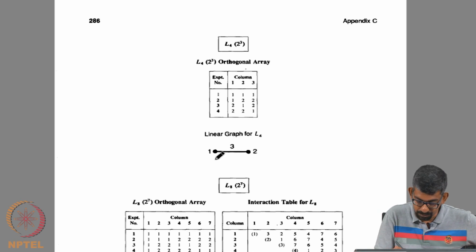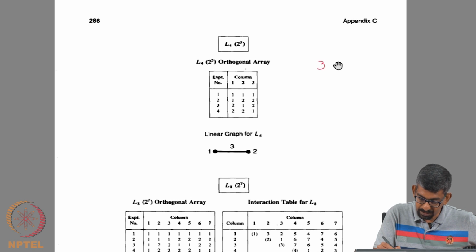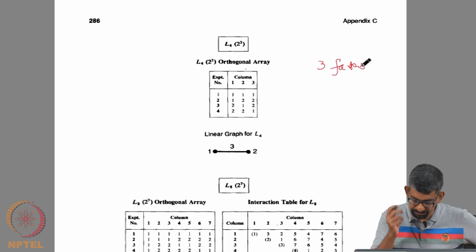What you just need to do is this: in this case there are 3 factors, right. There are 3 factors.